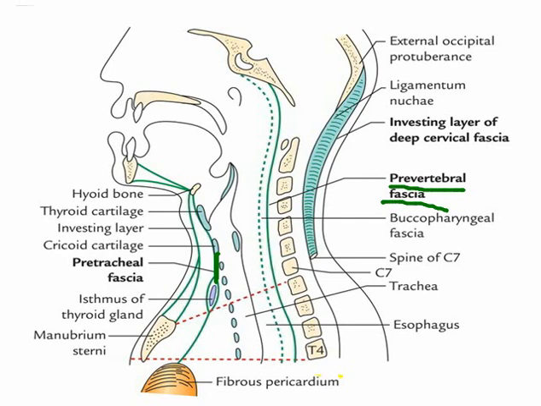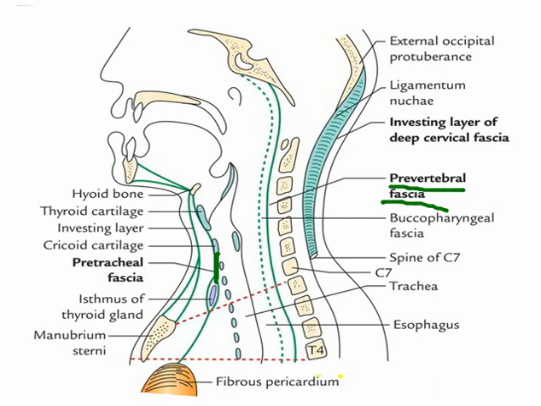Now if there is some infection deep to this prevertebral fascia, for example, these are the spines, these are the vertebrae, if there is tuberculosis of the cervical vertebrae, then the pus comes out and it cannot go beyond the prevertebral fascia, it is limited. So it spreads downwards and it may reach the superior mediastinum.